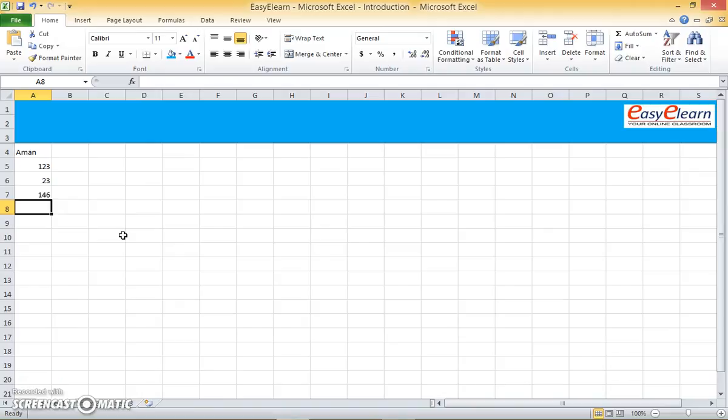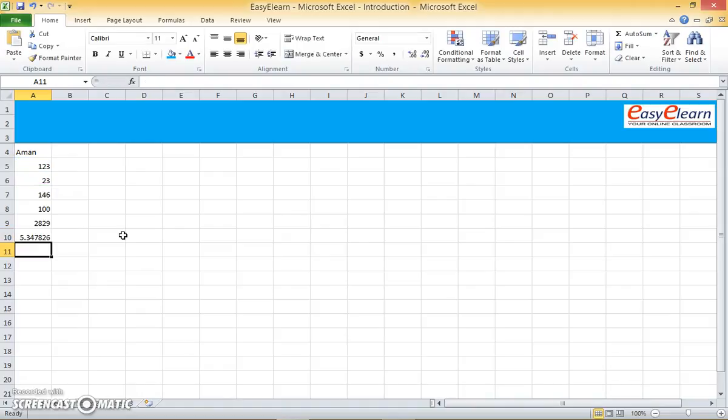Let's do now a subtraction. Equal A5 minus A6. You may wonder, must the alphabet in the formula always be typed in capital letters? Not necessary. Even small letters would work. Let me show you when we do the next formula. Equal a5 times, which is the asterisk mark, a6. That's for multiplying. Finally, for divide, A5 divide, we use the symbol slash, A6.